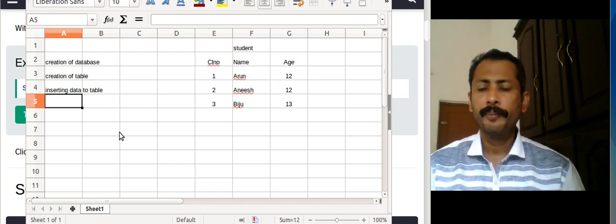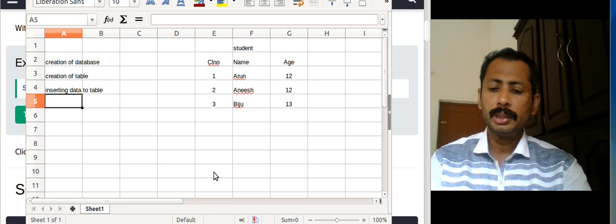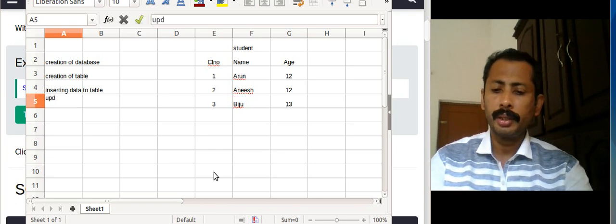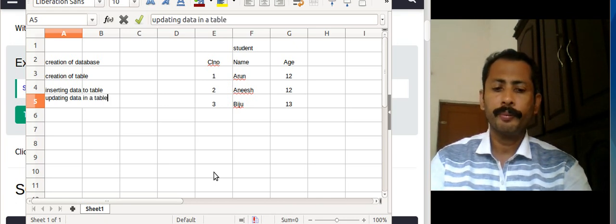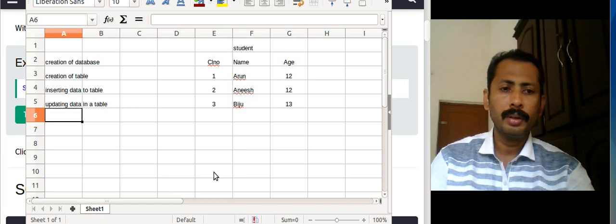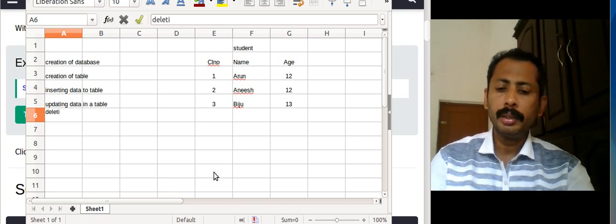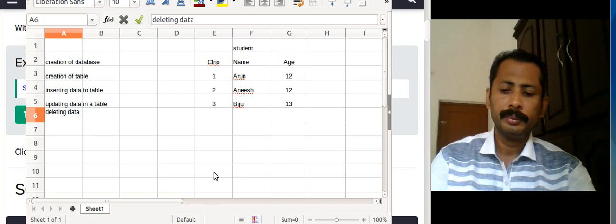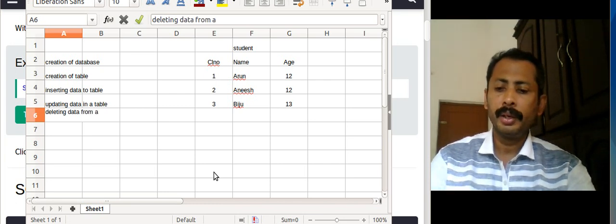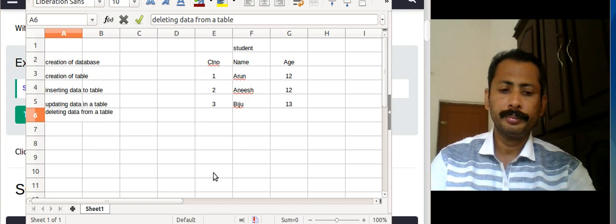Okay. Then changing data, we call it as updating data in a table. Okay. Then deleting data from a table.